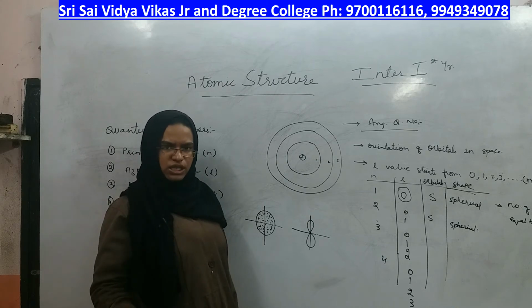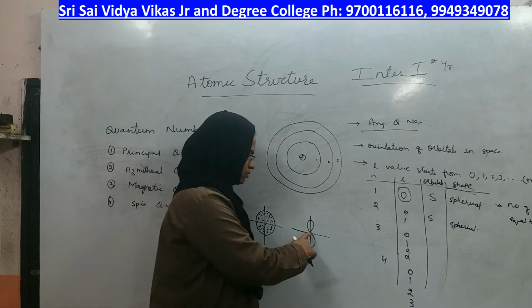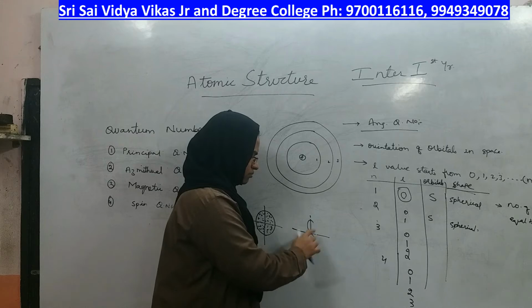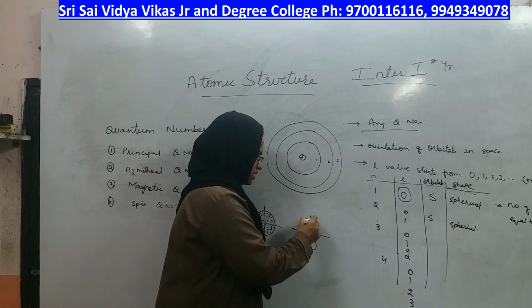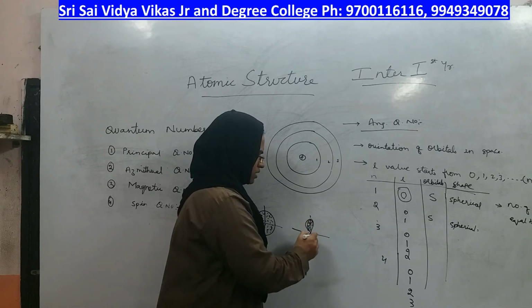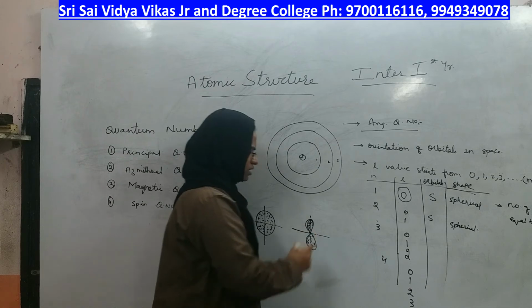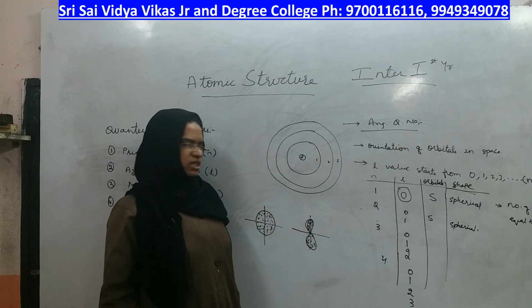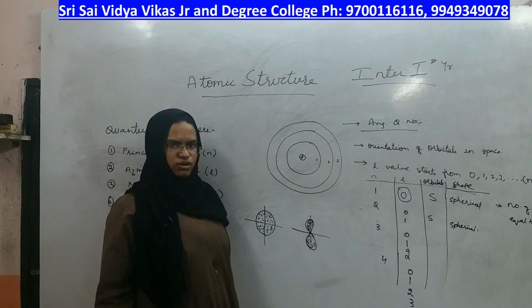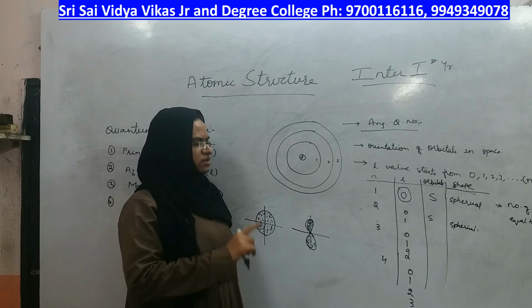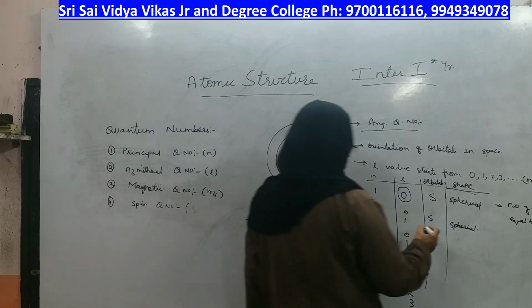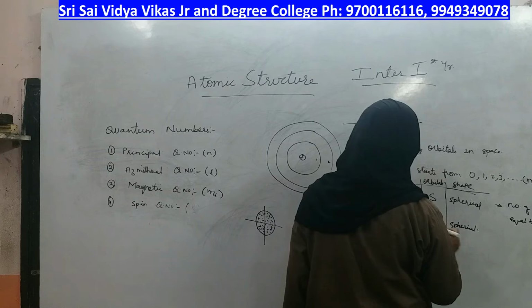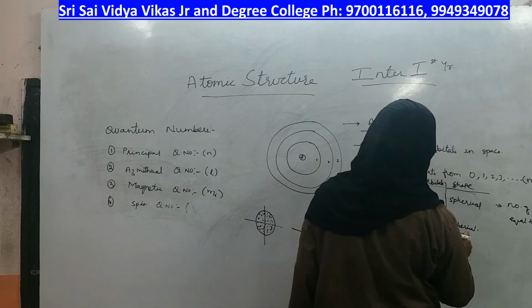The P subshell will have P orbitals, and the shape of those P orbitals is like a dumbbell. That means the chances of finding the electron are high at the top and high at the bottom in this direction, and at the nodal point there are no chances of finding the electron. One nodal point is there. Therefore, that subshell is called the P subshell, it has P orbitals, and its shape is dumbbell.